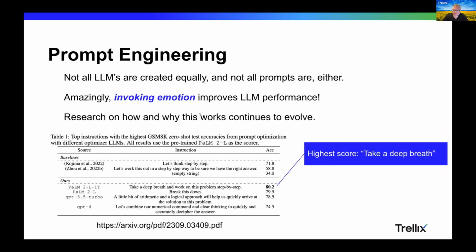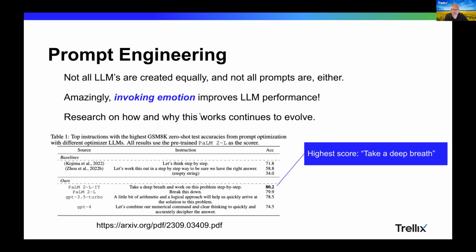Prompt engineering is a new field, and this is a big deal as we look at it. In particular, this is a great way to illustrate the difference between something like machine learning that's fairly simple and the complex version of machine learning that has become generative AI. Gen AI was trained on the internet, and people express emotions on the internet. And as such, a very strange thing is that you can actually evoke emotion from the AI and get better responses. This paper goes into some of the actual differences that they get performance-wise by appending or prepending things like "take a deep breath and work on this step by step."